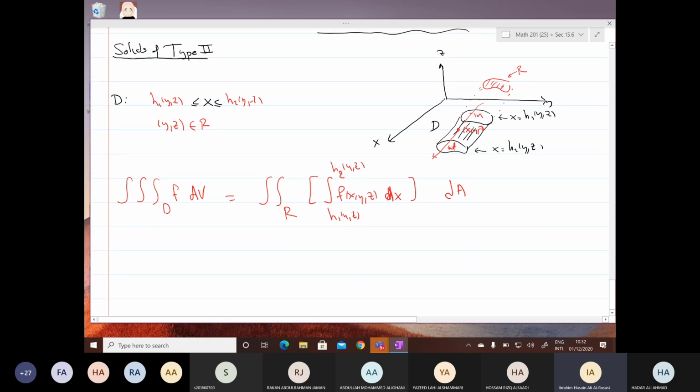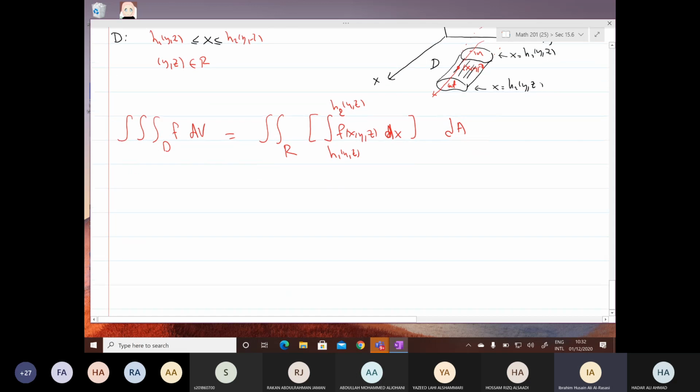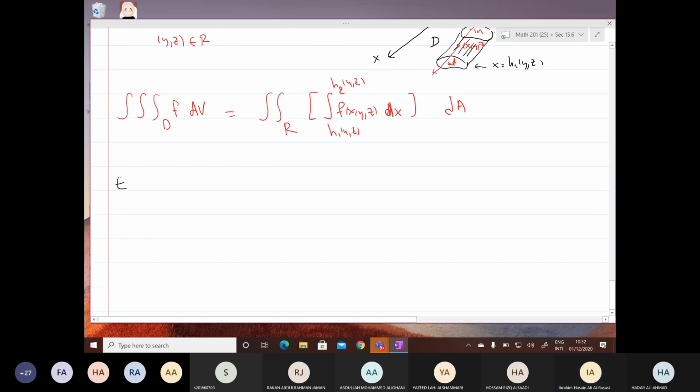So let me give you an example about solids of type 2. Just to make things quick and short, because really the idea is to set up. Once you set up, you can integrate. So integration is not the problem. For now, set up the limits of integration